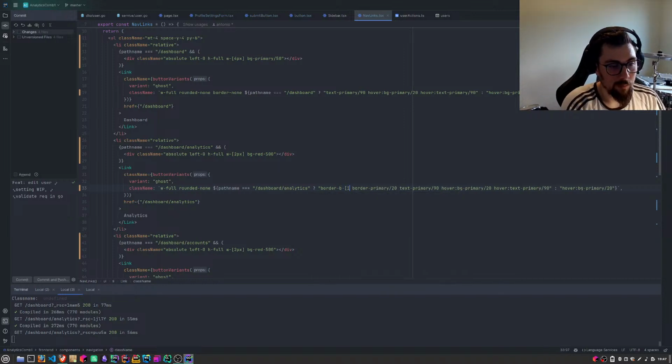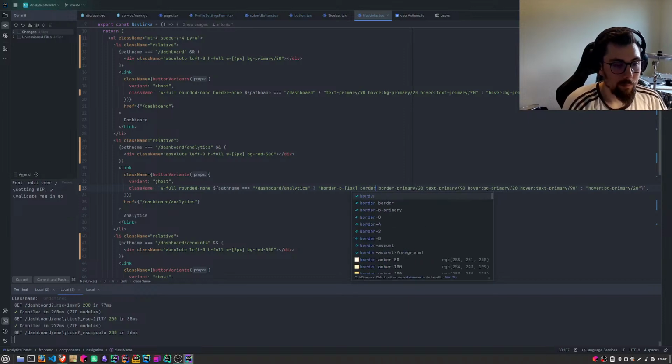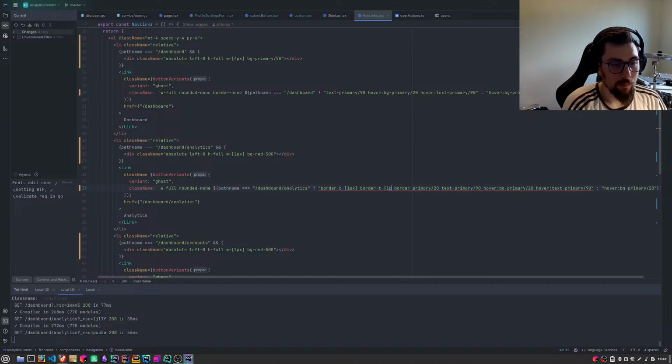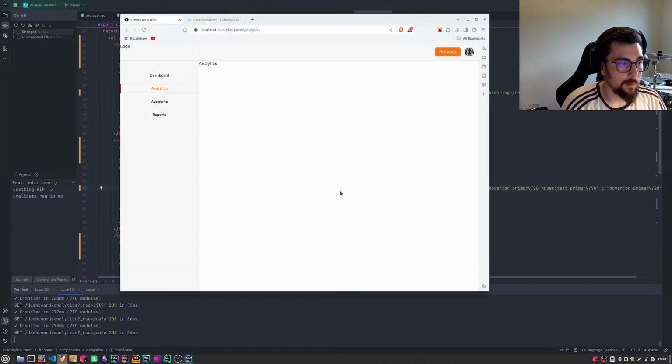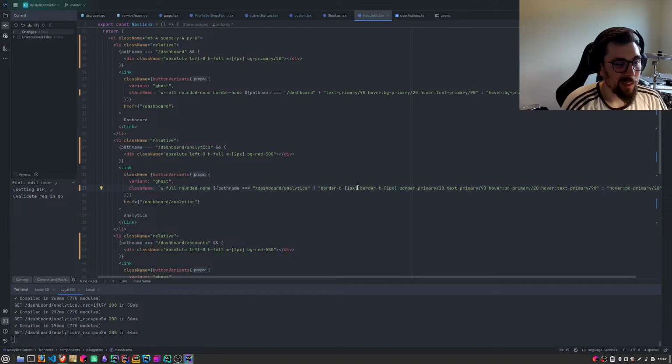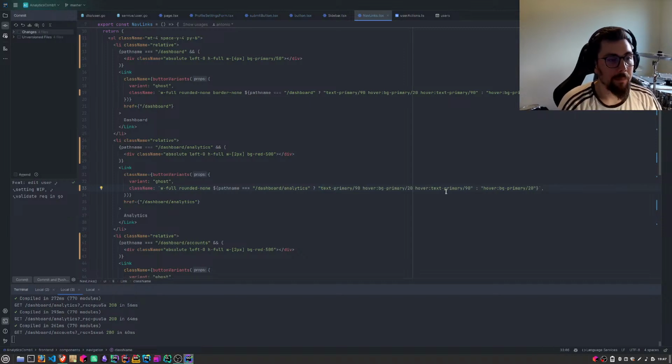Border B 1 pixel border. No, we're not going to have borders. We're going to leave this as I did it. That's fine.